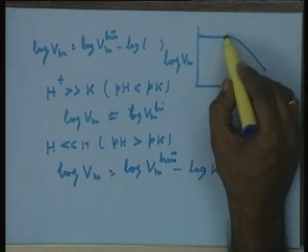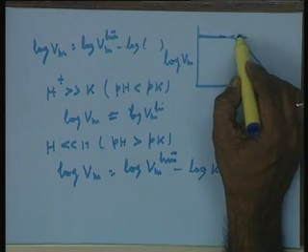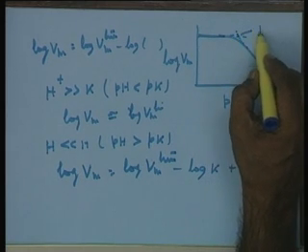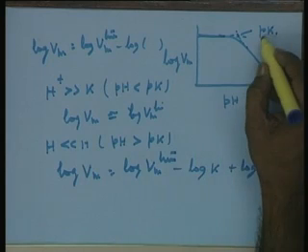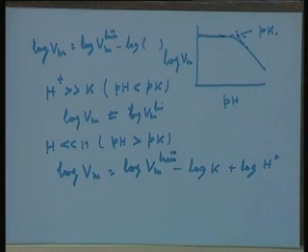And if you extrapolate these two lines, this gives the pK of the ionizable group, and at the point where the pH and pK are identical, you will get a point of intersection at which the two lines merge.